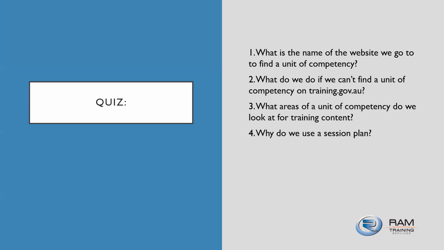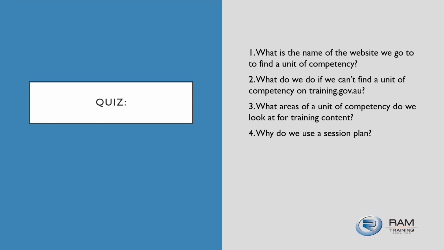Number one, what is the name of the website we go to find a unit of competency? Let's see if you remember. Number two, what do we do if we can't find a unit of competency on training.gov.au? Number three, what areas of a unit of competency do we look at for training content? And number four, why do we use a session plan? Okay, now,